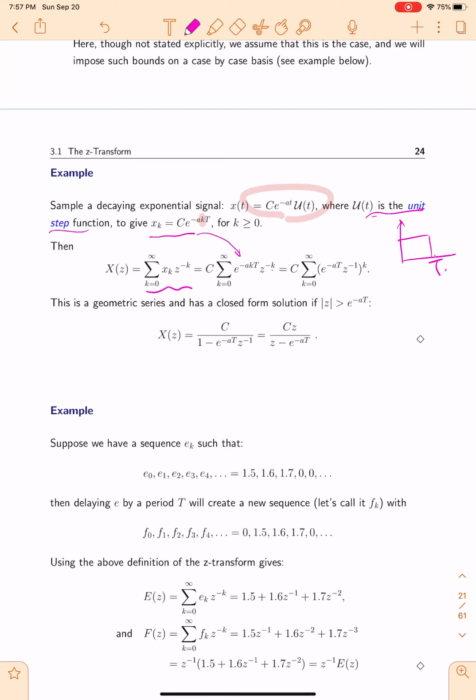Because we have found there are 2^k here, so we take it out. Look at this equation. This is a geometric series and has a closed form if |z| is greater than e to the minus aT. So this will become